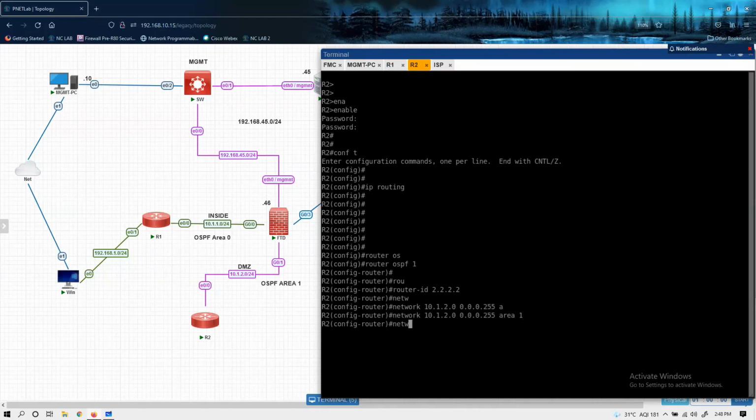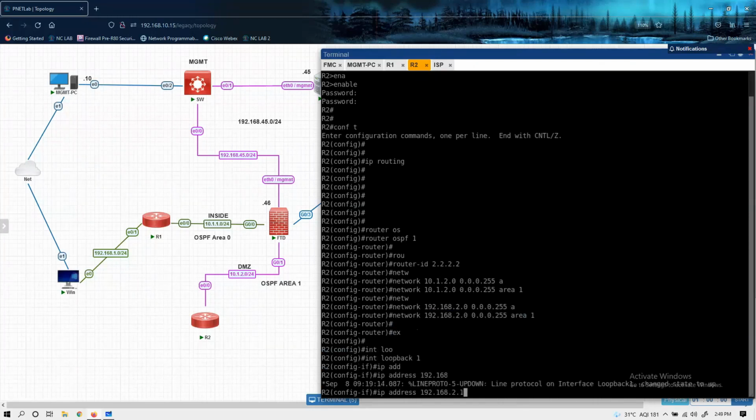Area 1. We don't have any other network. Let's advertise a network. I will create a loopback interface, okay, behind R2 so that we can advertise this. Let's configure a loopback just to show some connected network. We got one.